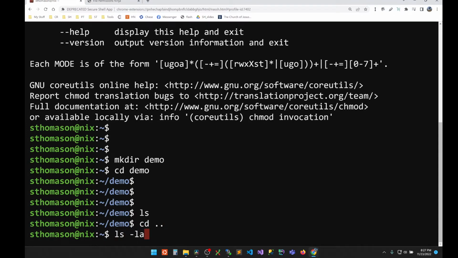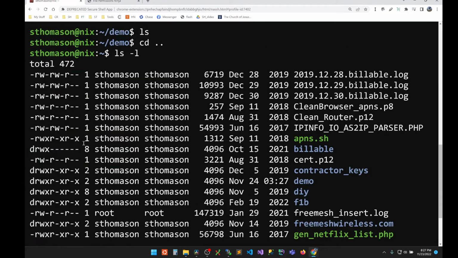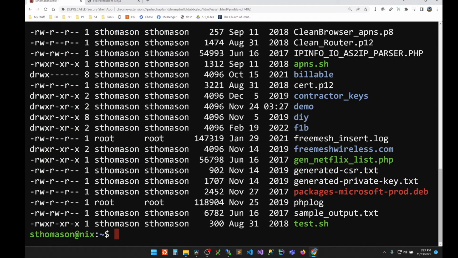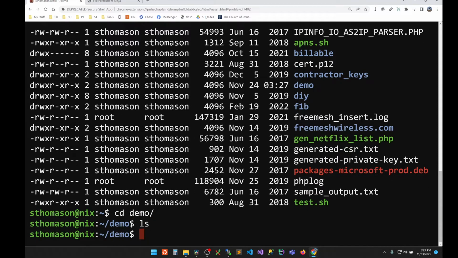I'm going to do ls -l, which is going to list out. You can see these here are actually what are setting the permissions. So this is like read, write for various things. So those are some good examples here, but let's go into demo, and we're going to create some of our own. So one of the first things that we're going to do is I'm going to use nano, which is a command line text editor, and we're going to use nano and create